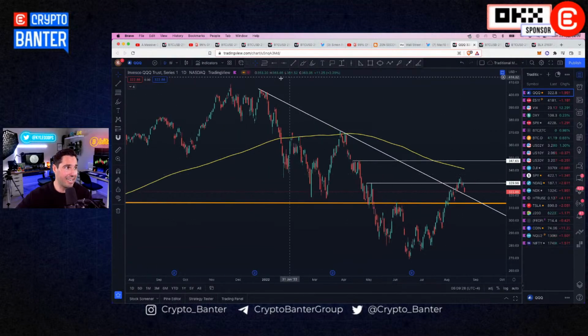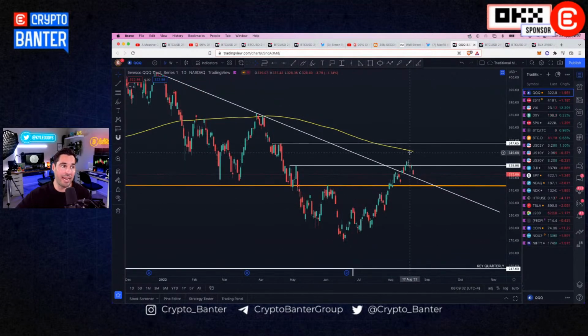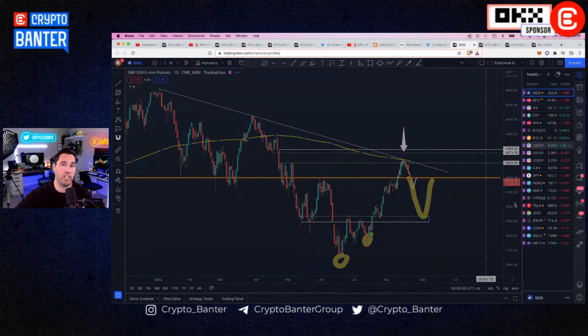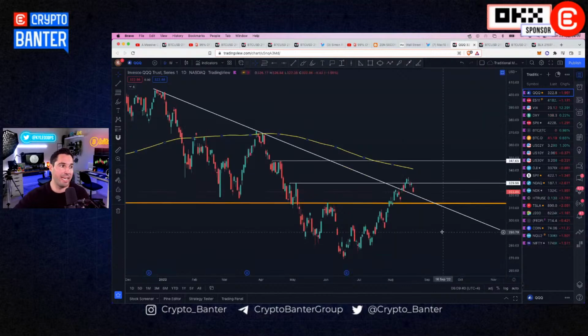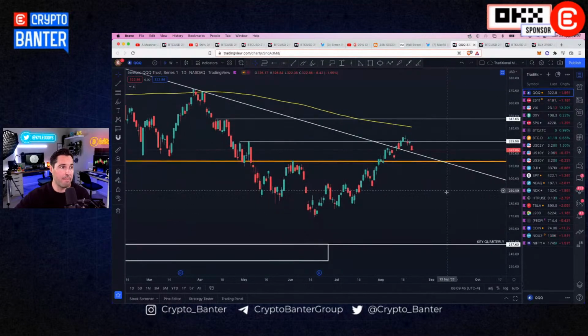You can see the NASDAQ managed to push through its diagonal, and it didn't quite make it to the 200-day moving average, whereas the S&P 500 futures did, and it directly rejected off of that. This is something we've covered many times before, but I am expecting that the NASDAQ will probably break through this level over here. And the problem with that, right, is that when you consider things from a macroeconomist, and what's